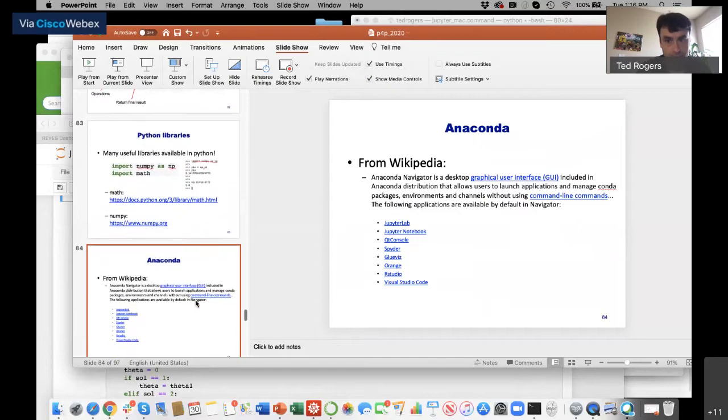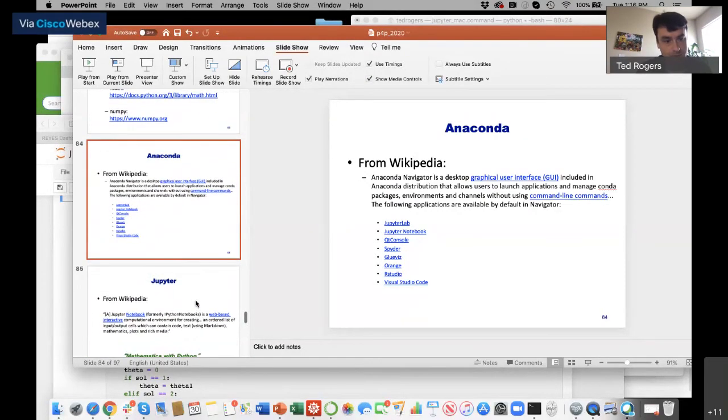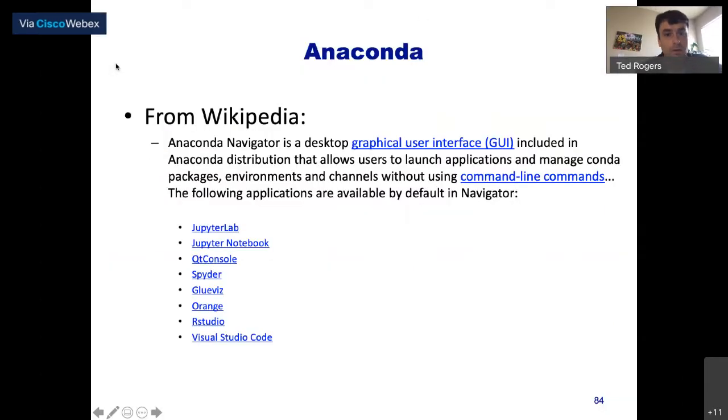Okay. The other tool that I wanted to mention, some of this has already been discussed, but it's helpful to discuss it again, is Anaconda, which includes all of these utilities here, including Jupyter, which we've discussed already.